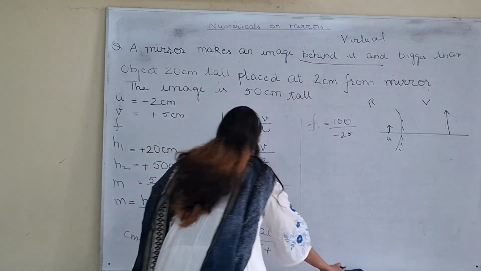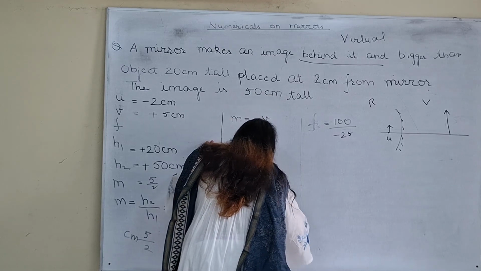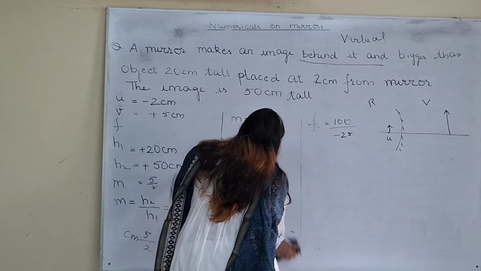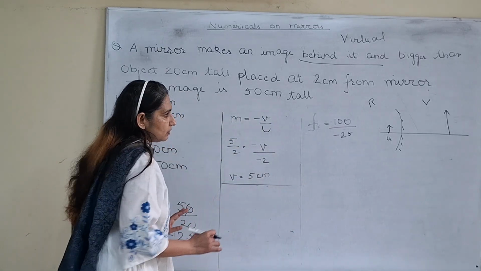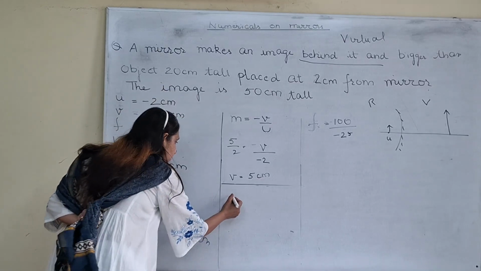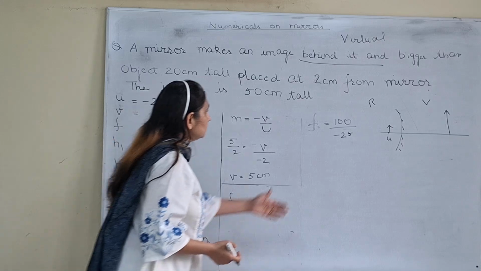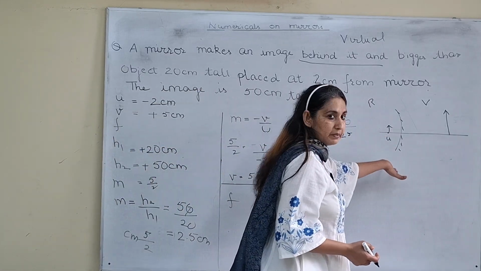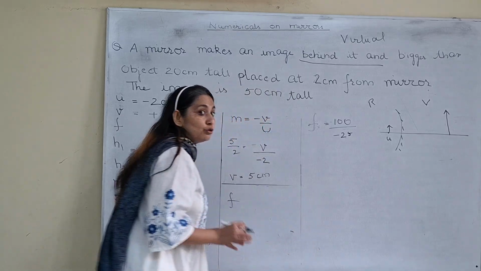Okay, we'll find out the focal length now by the standard mirror formula. Okay, the mirror formula is what? uv upon u plus v. So we'll apply. Now, what do you think I want the answer as? Positive or negative? See, this is a concave mirror. So the focal length will be on the left side, right? So the answer should be negative.